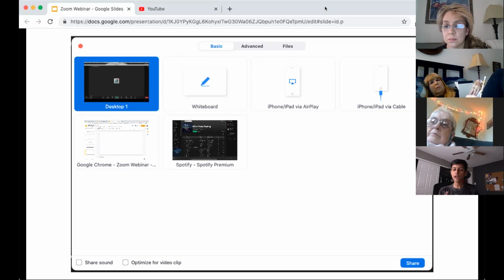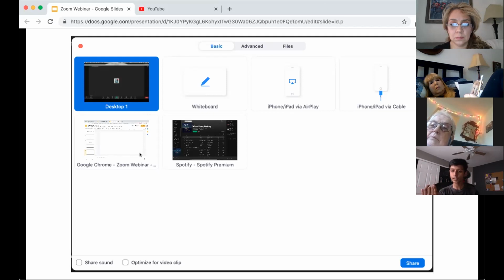So maybe you have your own speaker notes on the side of your screen and you have the document you want your students to see. You can choose to share just that document or just the window that has that document. So when you have this open, instead of desktop 1, you would choose, say, Google Chrome, where the document is. If you are going directly to your book, like you mentioned, and that's open in some application, they will see everything that is within that window, including highlights and things, but they won't see anything